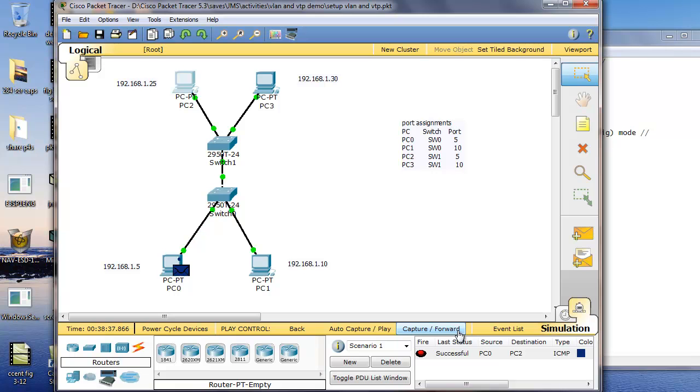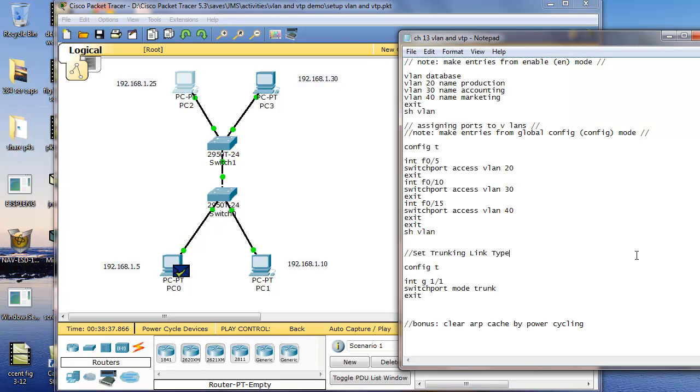That's it, guys. Let's take a look one more time at what we had to do. You have to create the VLAN. The VLAN is identical on both switches, which means you have to type it in exactly the same on both switches. Then you have to assign ports. Just for expedience, I used the same port numbers for the same VLANs, mainly because I'm cutting and pasting, slicing and dicing here, so it had to go pretty fast. You could have a range of ports for each VLAN. Finally, and importantly,